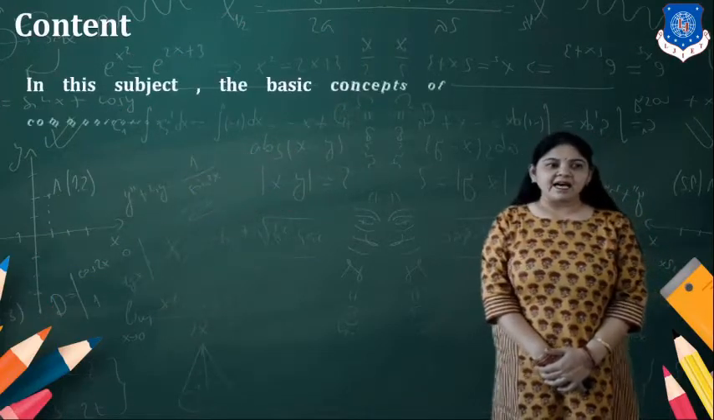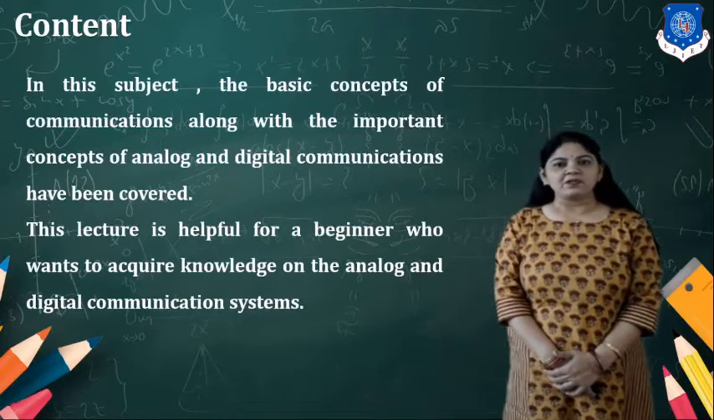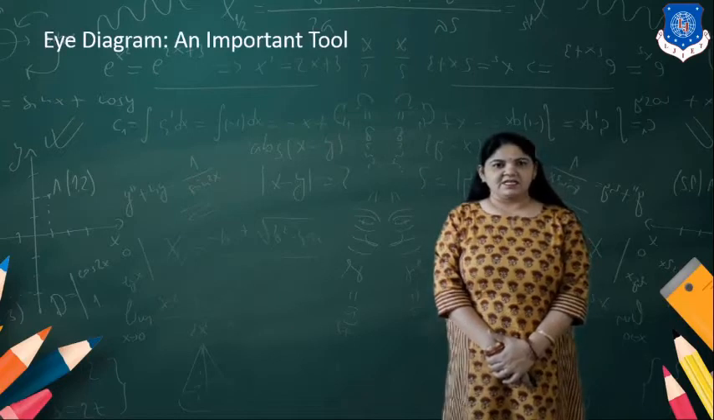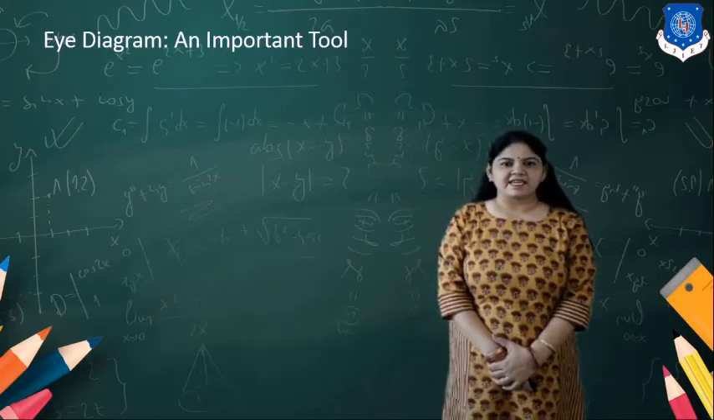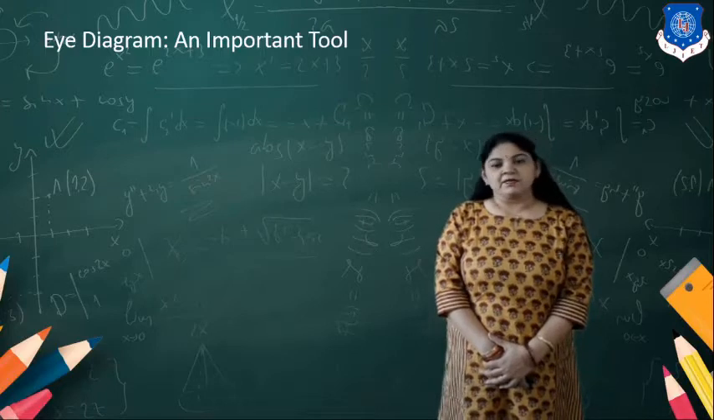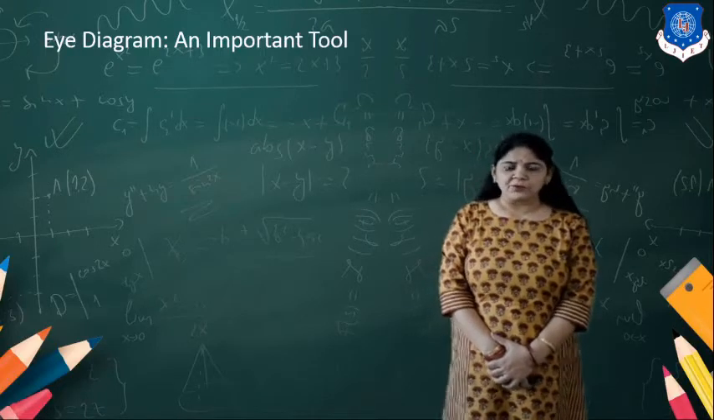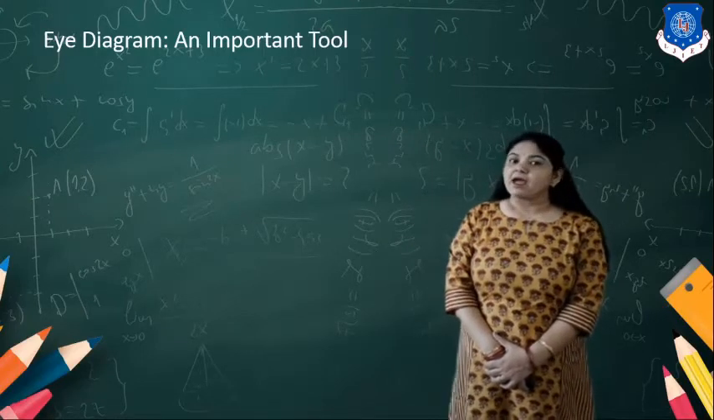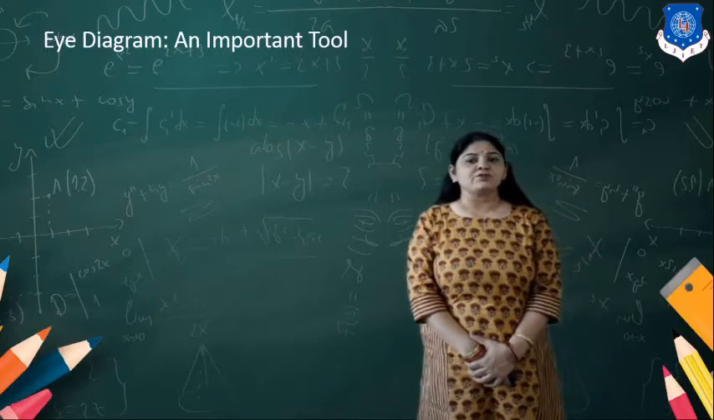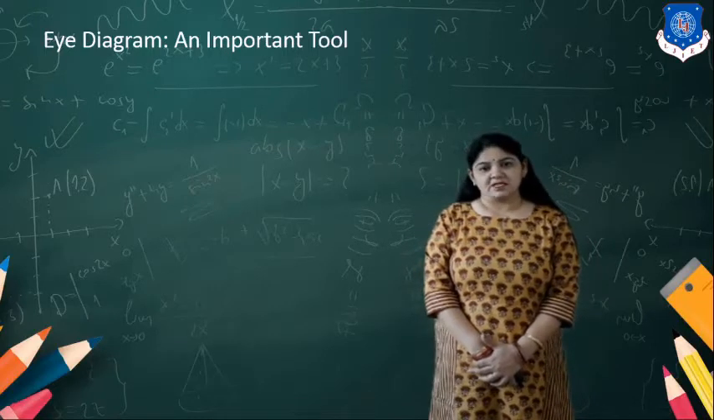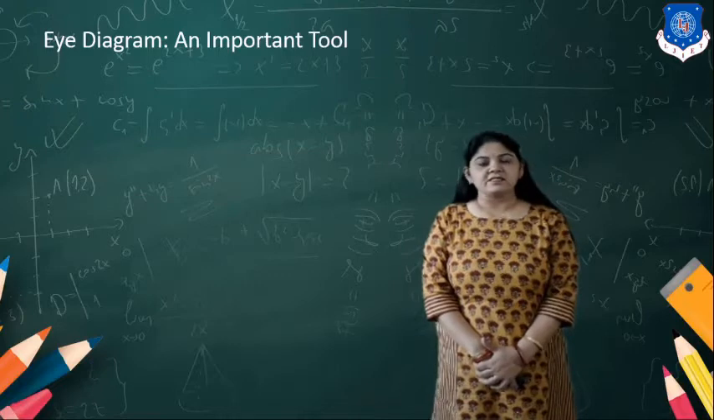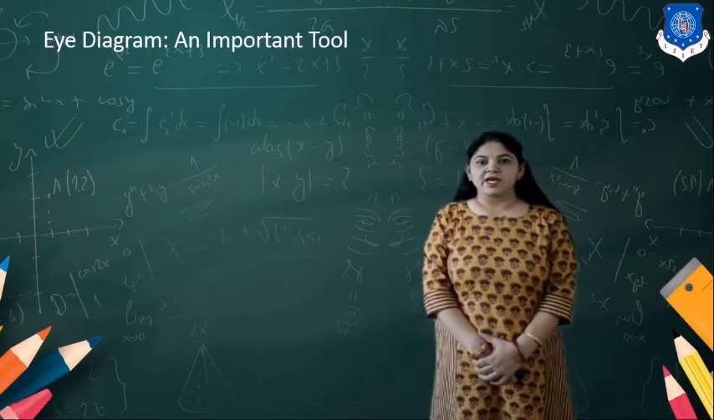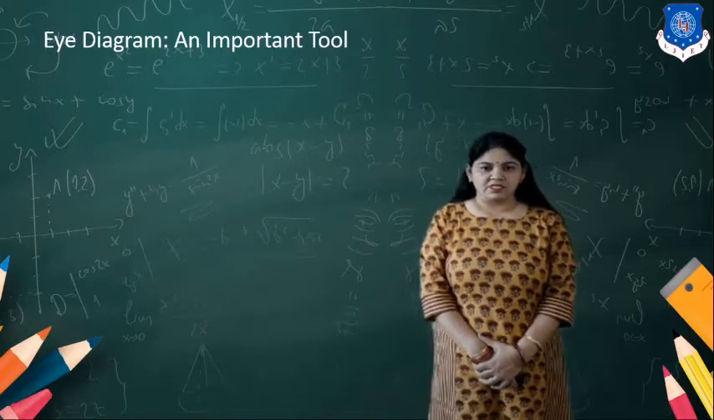So friends, in the last video, we learned about the various digital aspects of communication, the various tools and techniques. We have also learned about the components required for the transmission of digital signals. Now, if we want to visualize those signals, to check whether there is inter-symbol interference or not, and to check the signal to noise ratio,